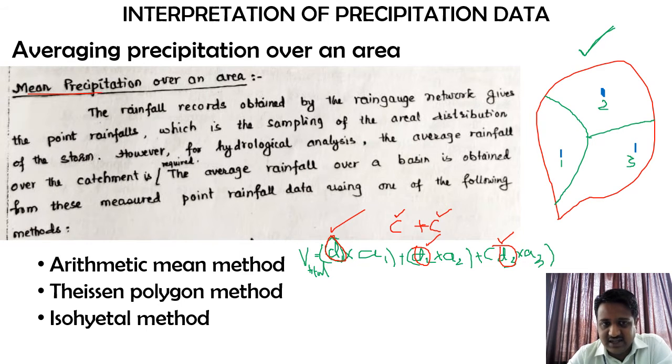Now with this third step, we have to determine the mean precipitation. Here we are going to concentrate on how to calculate the values of A1, A2 and A3, because once you get the values of these three, only then can you determine what will be the mean precipitation over the entire area. I hope this point is clear. So in the previous two steps, we concentrated on this D, that is the rainfall data that has been collected from the rain gauge stations.